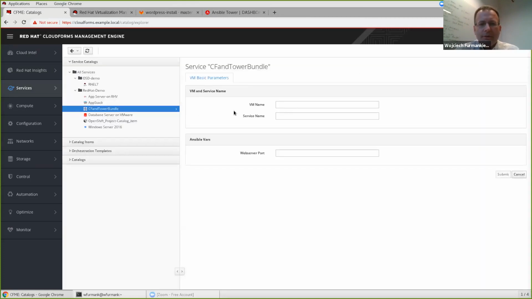When I order the service, I get a dialog where I input just the minimum necessary details about the service I'm going to implement. Let's call it WordPress. As an additional parameter, as an example, let's specify the web service port.